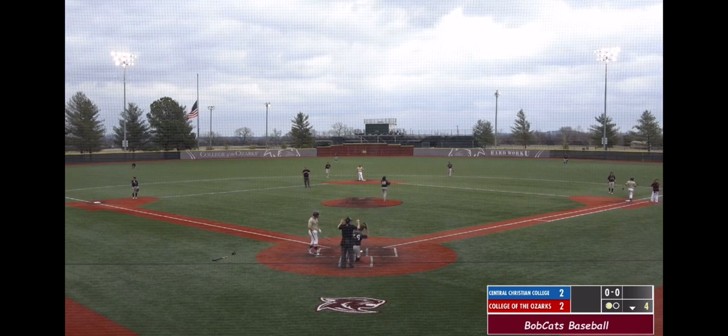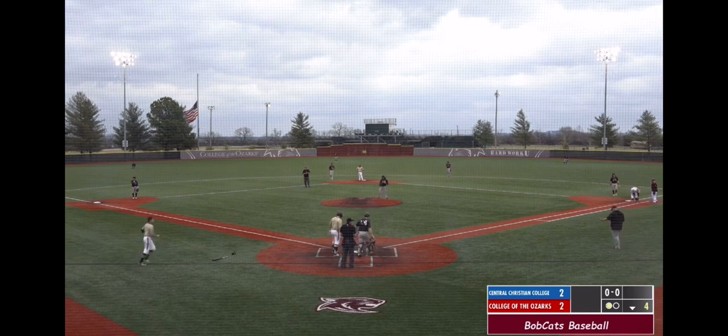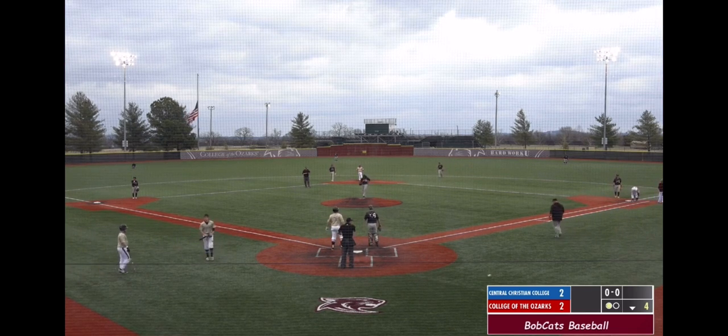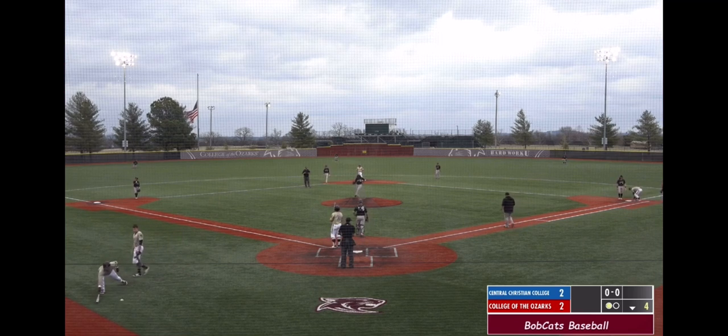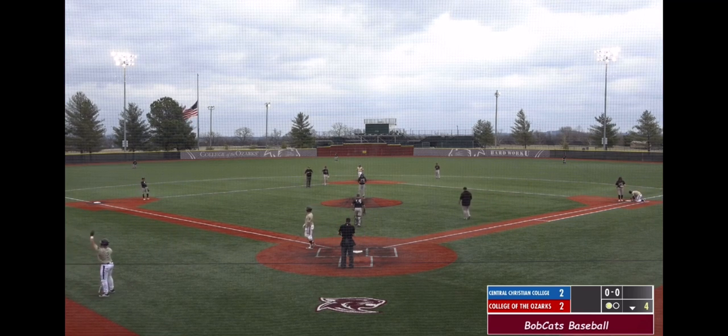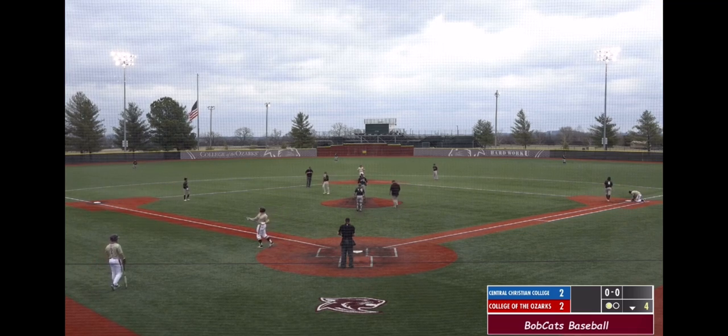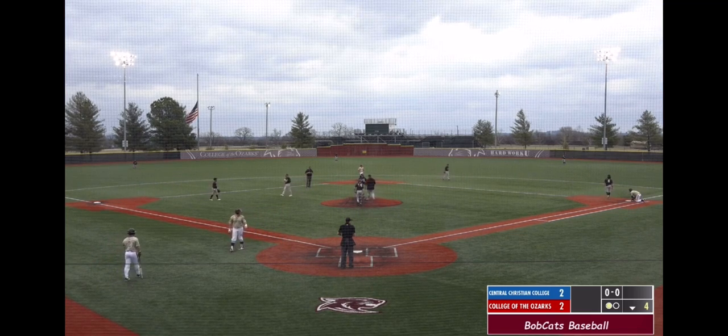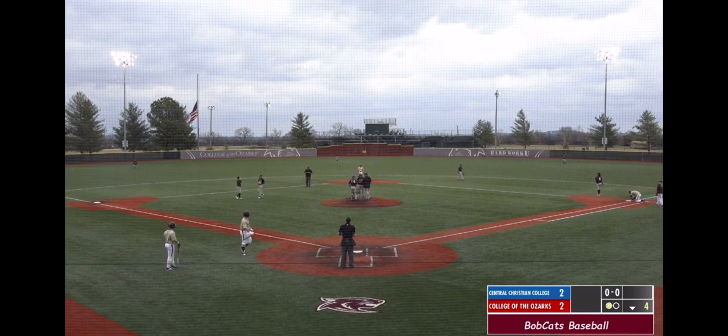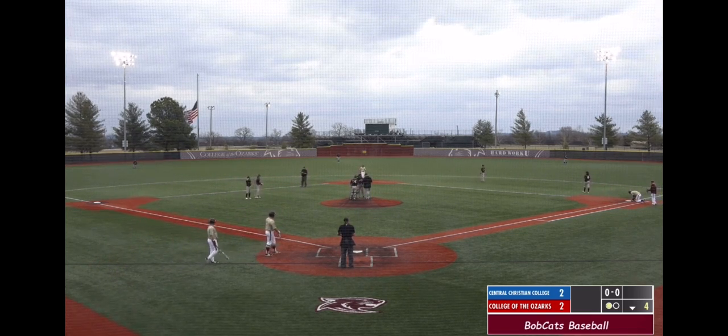And the Central Christian coach, Stephen McNett, asked the umpire where the pitch was, and he said inside. I'm not sure he was convinced. I'll tell you what, that was a pretty good pitch. Obviously not nearly the angle the umpire has. It looked to me was a little